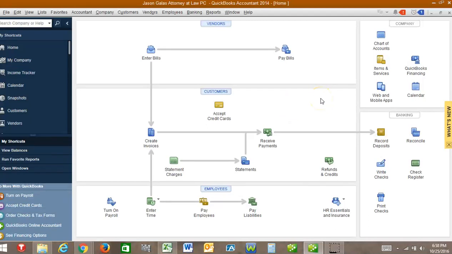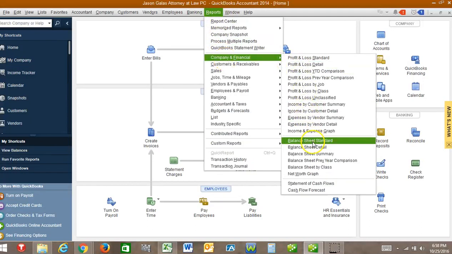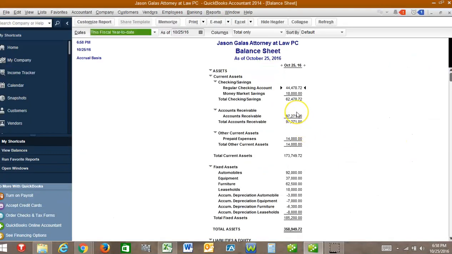Okay, so today we're going to be working with balance sheets and learning how to modify balance sheets. Go up to Reports, Company and Financial, Balance Sheet Standard. So the first balance sheet is going to be as of January 31st, 2012, formatted without cents